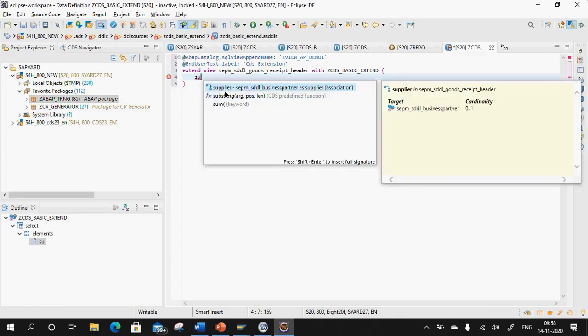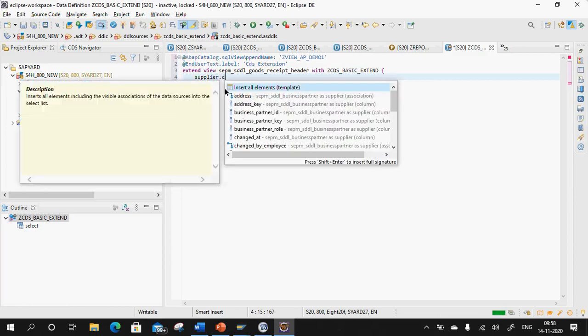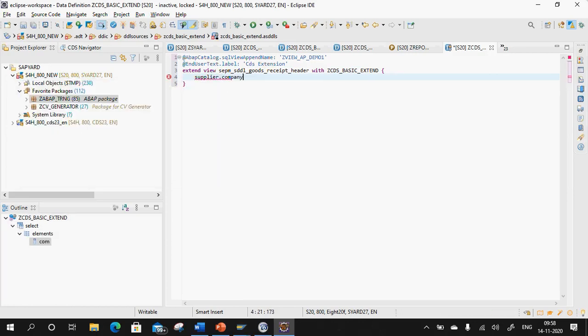So supplier dot company as company, and I'll add one more, purchase_order dot confirm_status as status. Okay, why I use these two data source names, I'll show you from here.